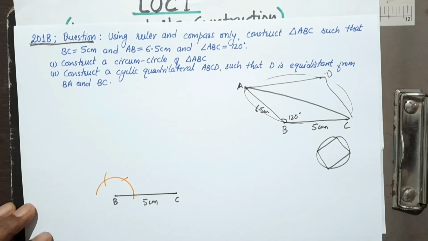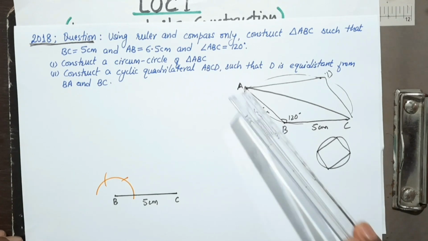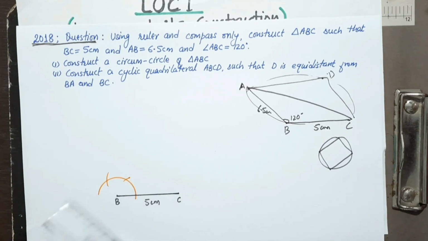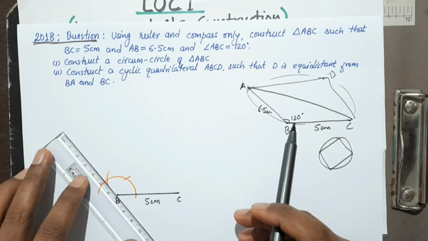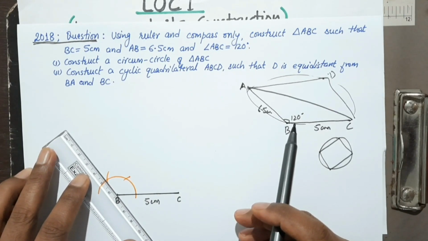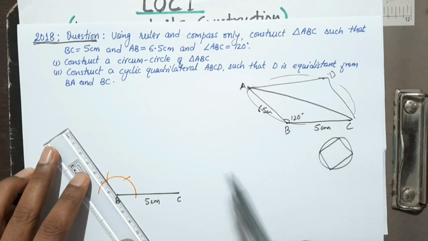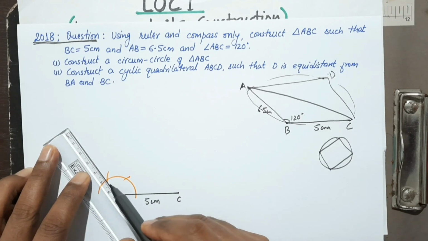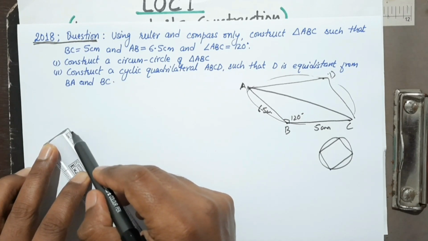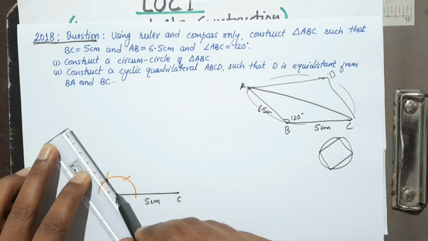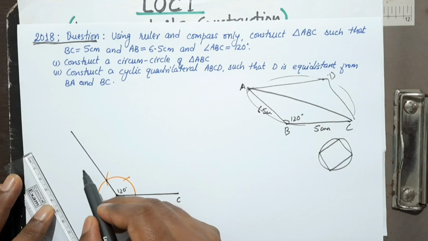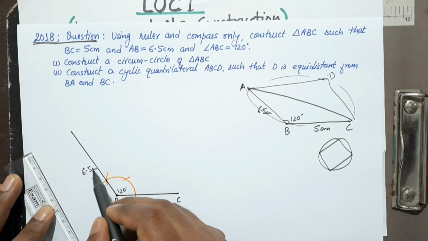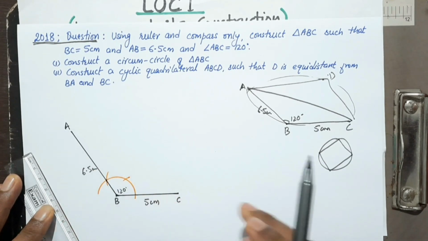So BA, this is 6.5 centimeter. From here we will draw a line segment of 6.5 centimeter, which is at a 120 degree angle. So this is 120 degree as well as this length is 6.5 centimeter, and this point is A. Now join